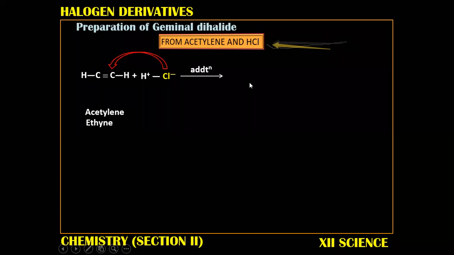So we get a compound like this, with one hydrogen and one chlorine and a double bond. This is called vinyl chloride or chloroethene. Now when you add a second molecule of HCl,